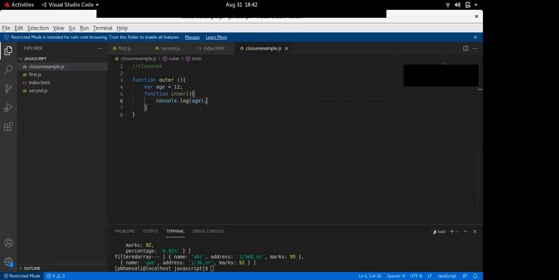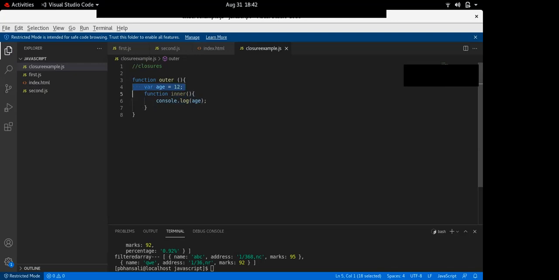The inner function is forming a closure with respect to this variable age. What happens in JavaScript is that for every function that is declared, a closure is formed with the surrounding variables. Those surrounding variables are automatically ingested into that function definition.